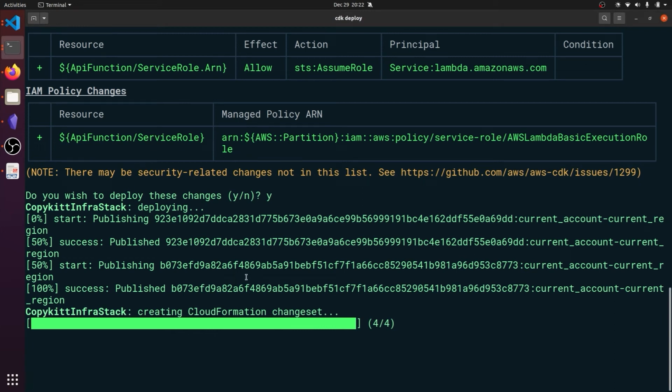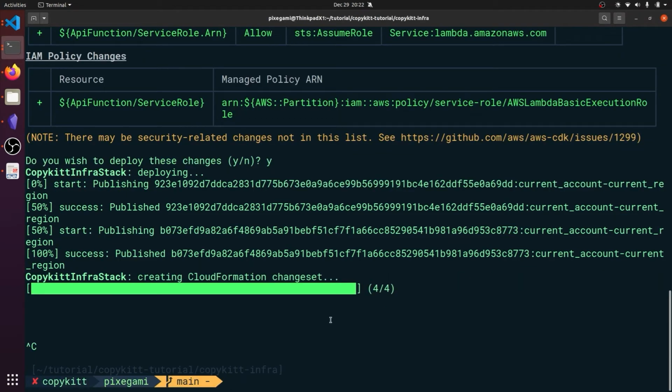Now this process to create the CloudFormation stack can take a while, and sometimes it gets stuck as well. I think mine's actually stuck right now because it's not updating anymore. But this is an asynchronous operation, so if you cancel it, you can actually go to your AWS account to